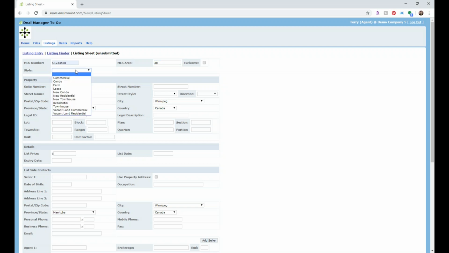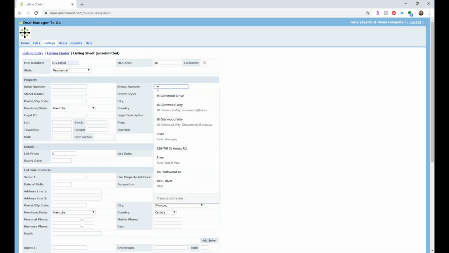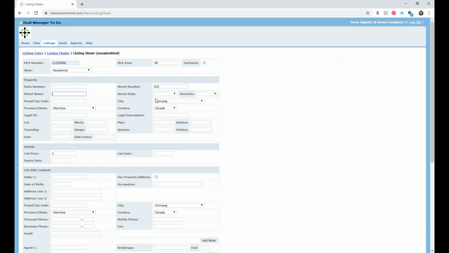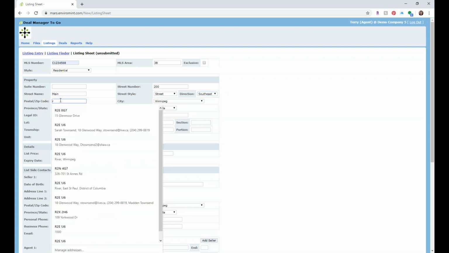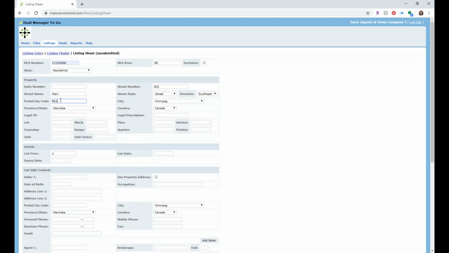Style is going to be residential, and then you're going to quickly put in your address here. And as you can see, we like to use Main Street a lot, so that's why we have lots of main streets. East, south, west. I'm going to go southeast, postal code, and then Winnipeg legal ID. If you had a legal description, you could put in your lot block plan